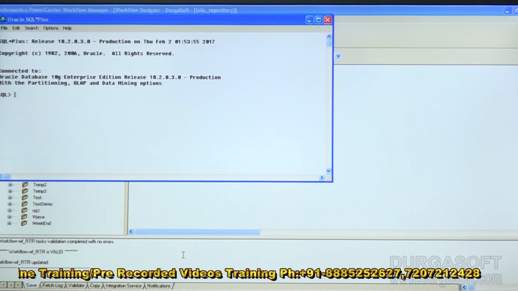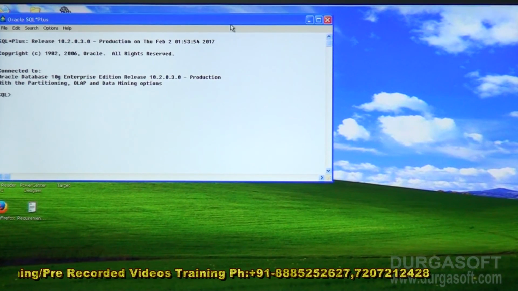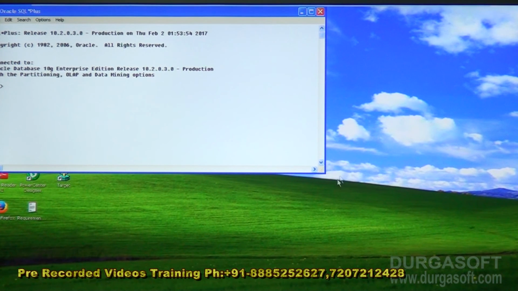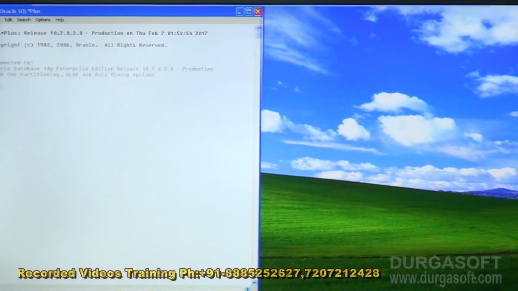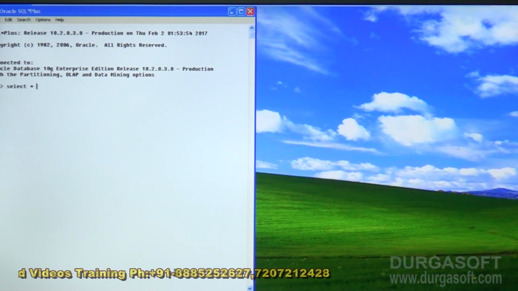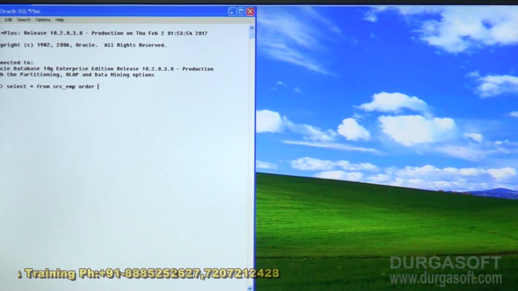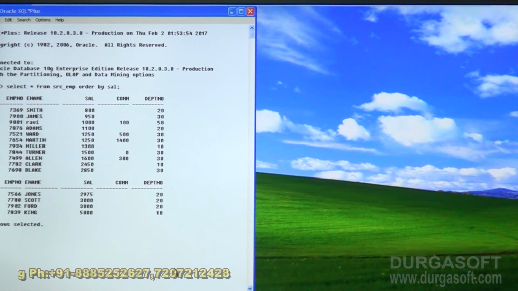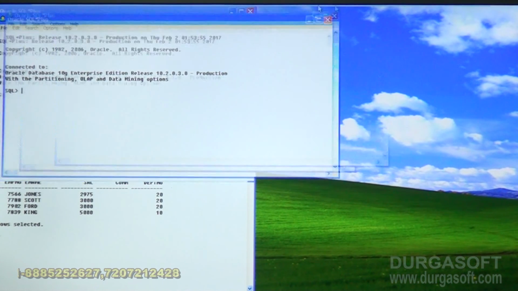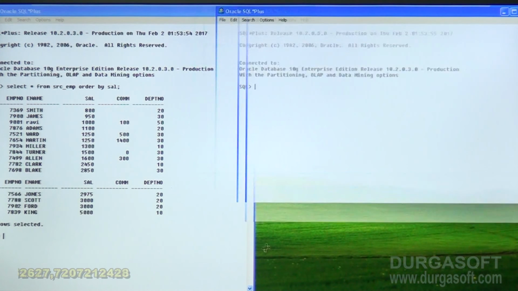So, before going to the execution process, we will check what things are there in our source and target tables. So, this is the data I am having as the source system, and if you come to the target,